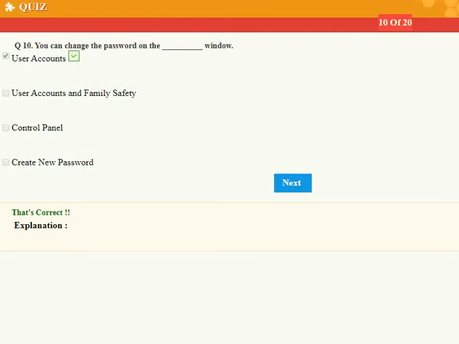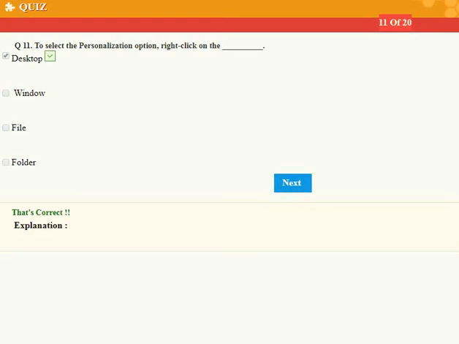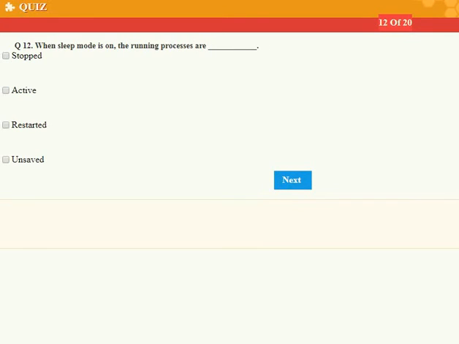User account. To select the personalization option, right click on the desktop. When sleep mode is on, the running processes are stopped.